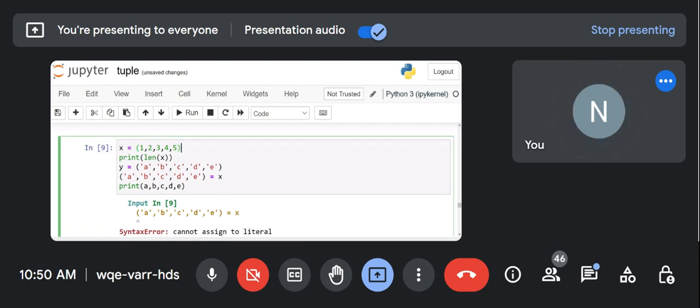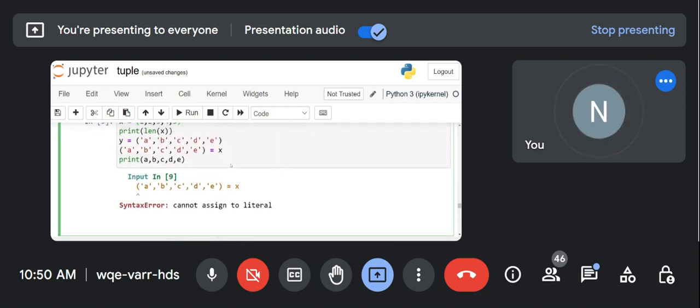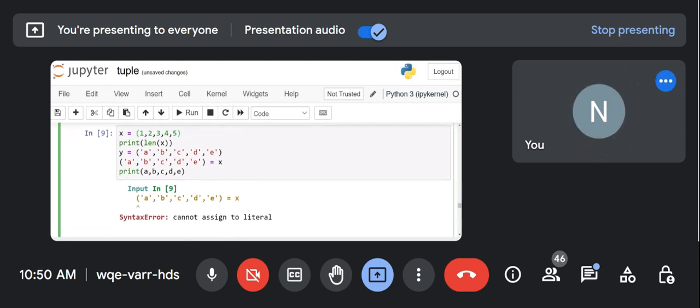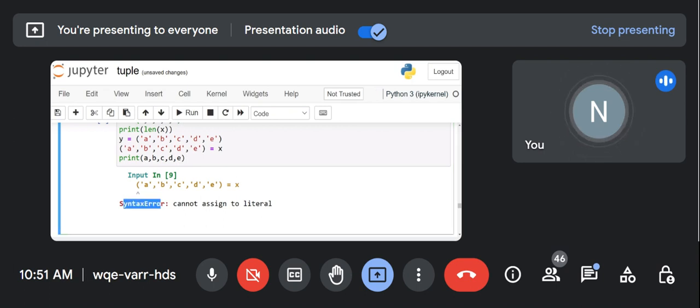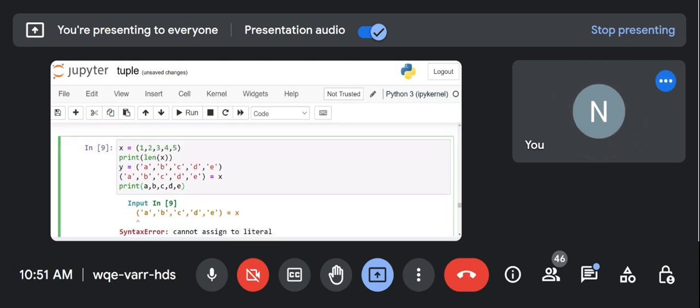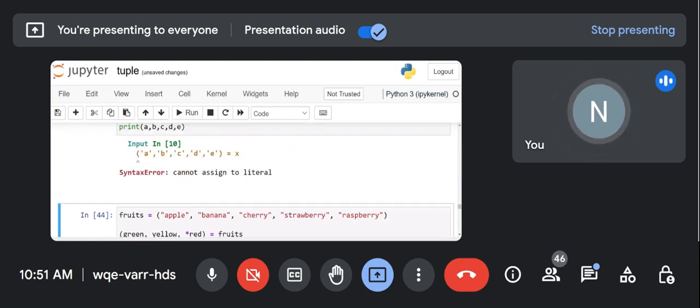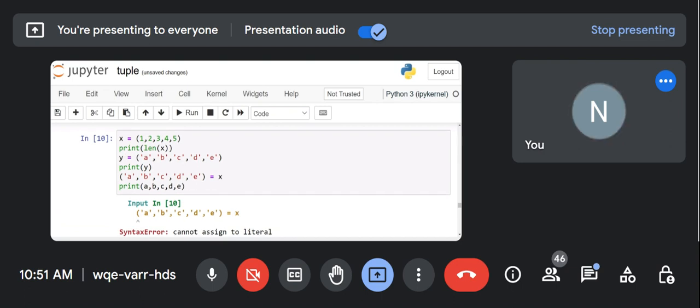Now, what's the issue? Unpacking can't be done with this. Syntax error, cannot assign to the literals. These are string literals, and we can't have an assignment to them. One can't assign a value to string literals. But here we have a tuple of all these. If I do print y, it is going to give me, okay,